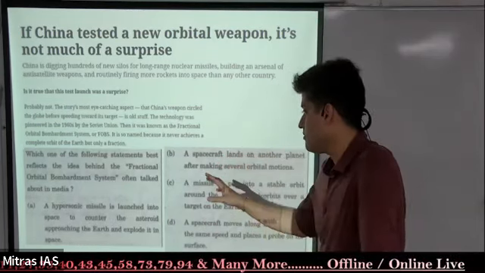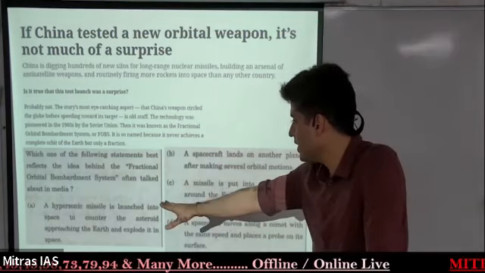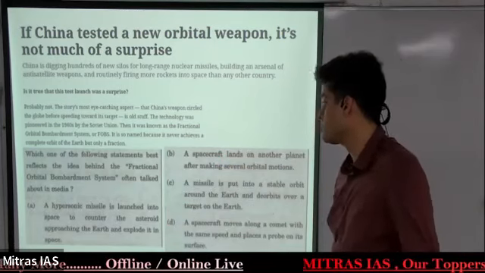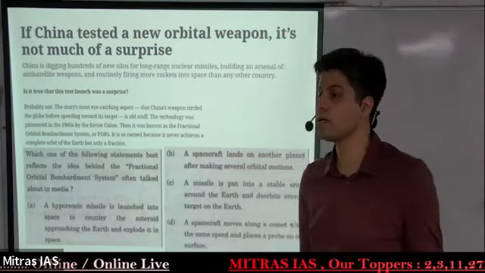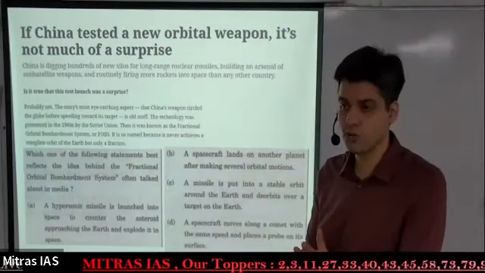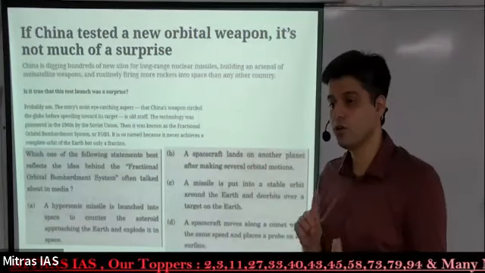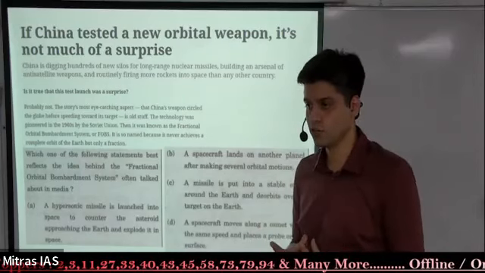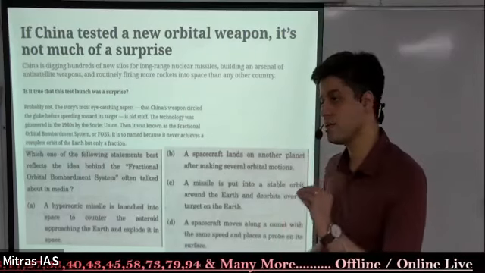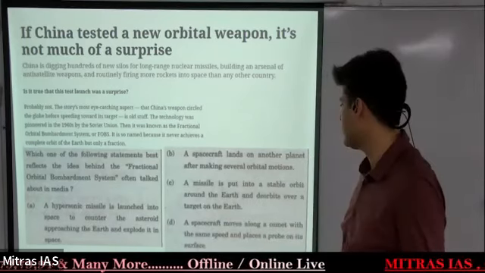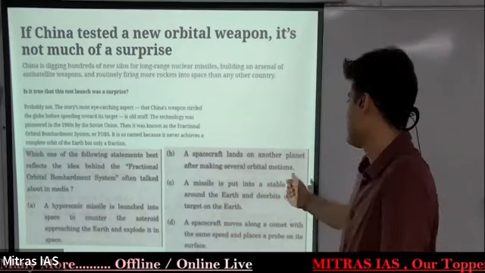If you understand that, option A is easily eliminated. Hypersonic missile is launched into space to counter. As of now, no such experiment has ever been done. Yes, missiles have been launched, but hypersonic, as I told, Russia, China and USA are working on the technology, where China is said to have already made a weapon, but till now, no. So 1 is easily eliminated. And here the answer was C actually.